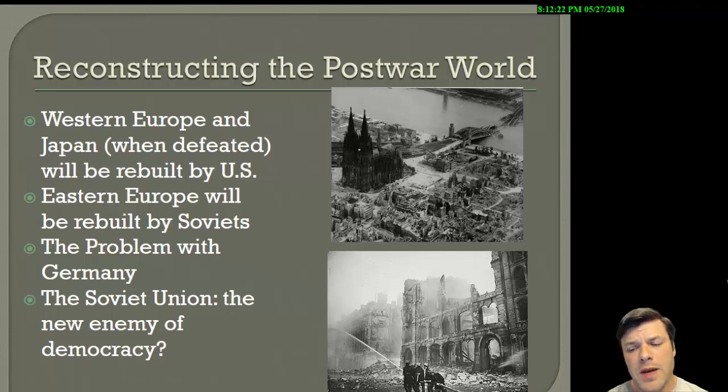Now, the idea here is we're going to rehabilitate Germany. The United States is going to take a corner. The British are going to take a corner. The French, who had helped us to fight our way into Germany at this point, they're going to take a corner. And the Soviet Union is going to take a corner as well. The idea here is teamwork. More hands is better than fewer hands. And the goal is to put Humpty Dumpty back together again.